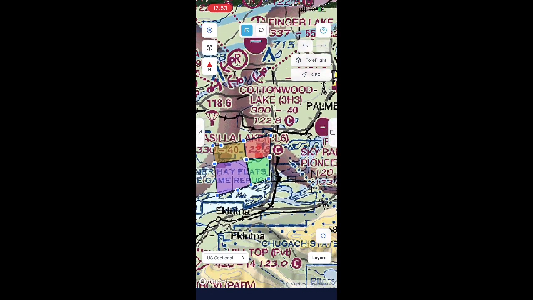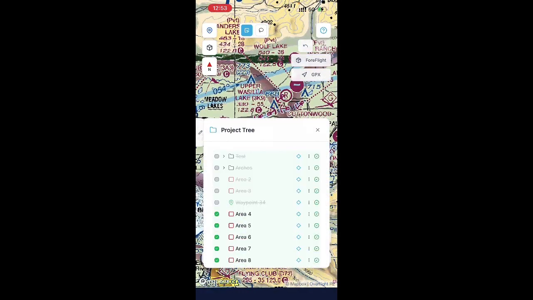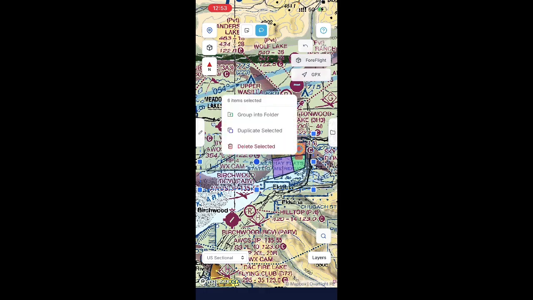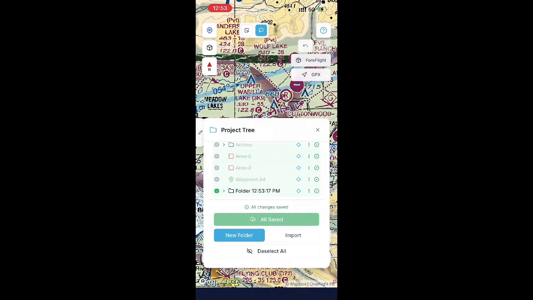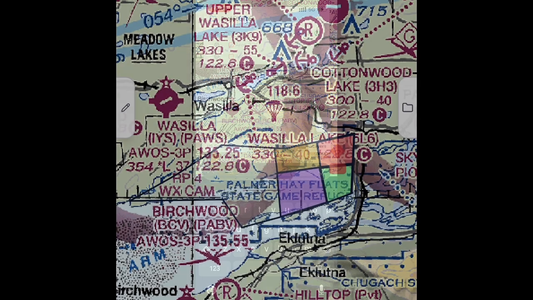Sweet. So now what I want to do is group this together in one folder. You can see in my properties tree, I've got all this stuff here. So still in select mode, I'll go to the lasso tool and lasso around the whole area, and I'll 2-finger tap and go group into folder. So now, boom, we got this folder here. I'm going to rename this to,